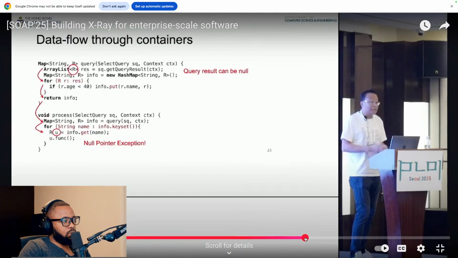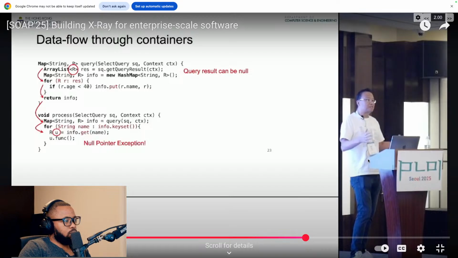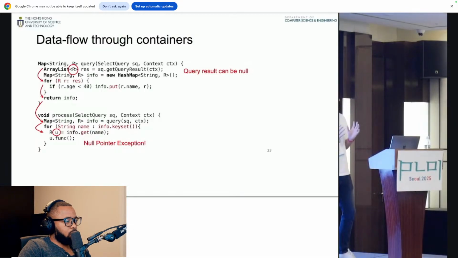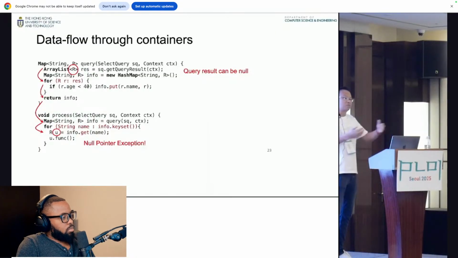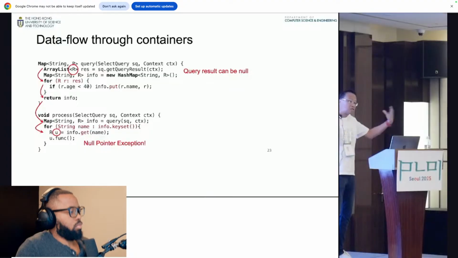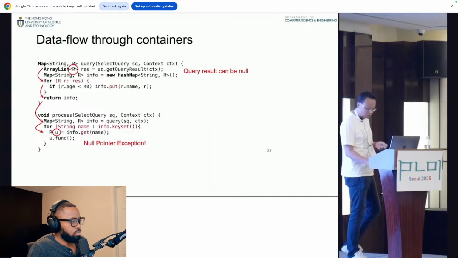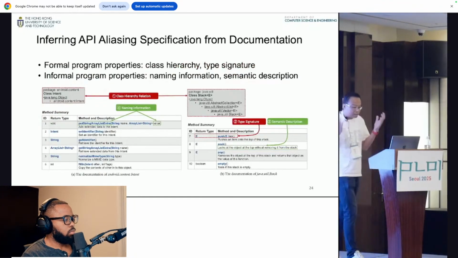Containers, collections, abstract data structures. These are things that are very hard for static analysis to get accurate. For example, we can store something into a hash map using a key, and then we can use the same key to retrieve it, right? When we do that, we know that these two results are the same. And then with that, we can establish a data flow, and then we can proceed to analyze a lot of interesting paths. Otherwise, it's broken, right? Modern software uses this a lot, so a lot of the paths are broken, which is not good. But it's not so hard to analyze for a human.